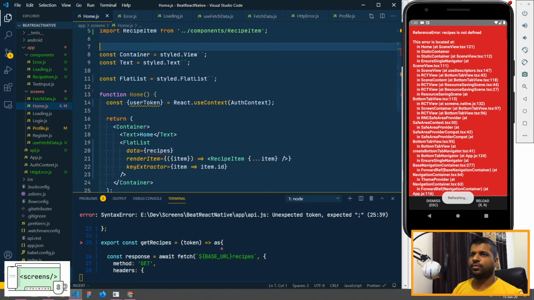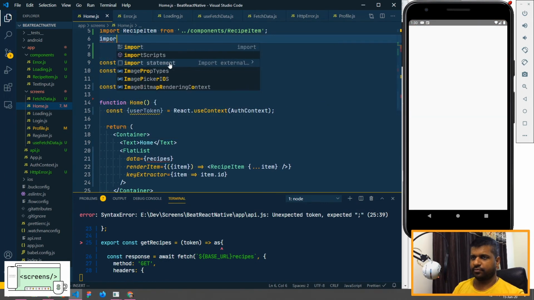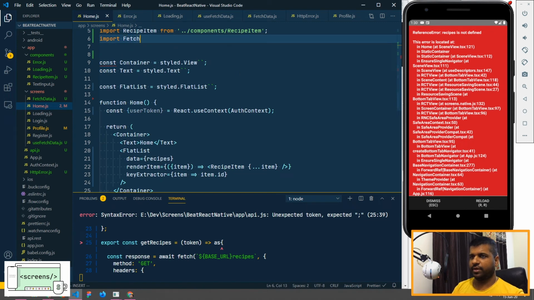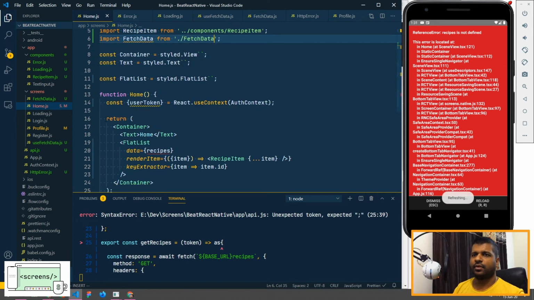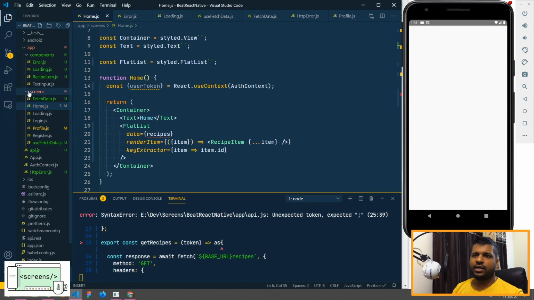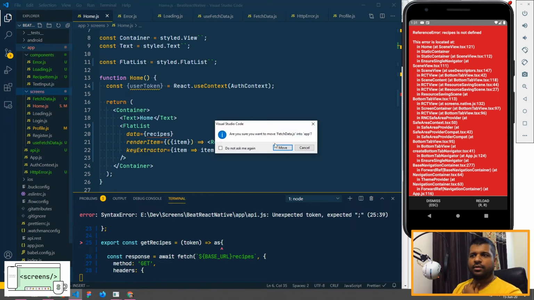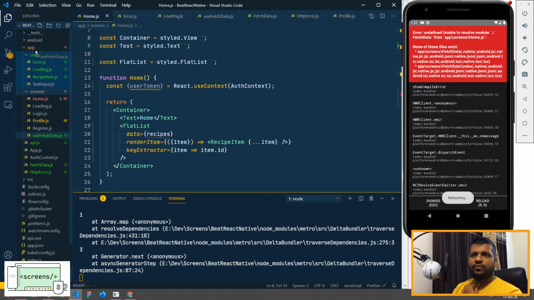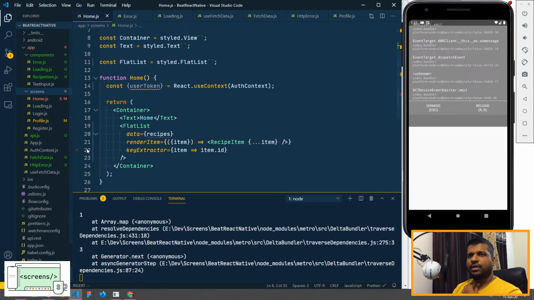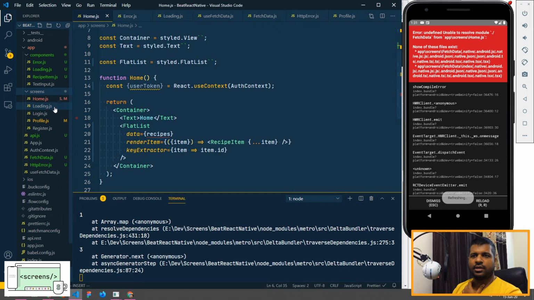What I'll do is import FetchData. Actually, FetchData and useFetchData will also be at this level, so I'll move them. They'll be at the app level, since they have nothing to do with screens.